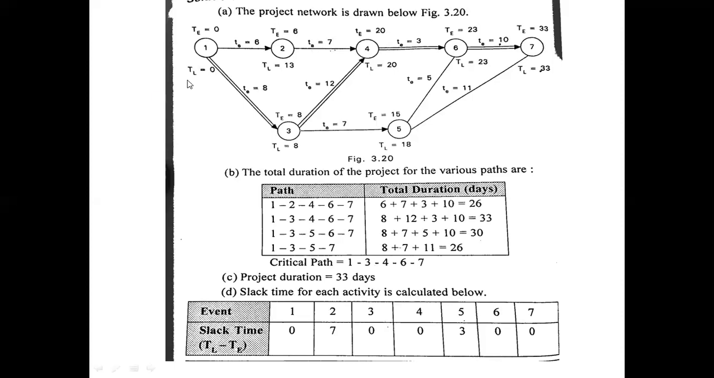And then we have to calculate the latest finish time. That is, we have to start from the last. Since the latest finish time of the last event is the same as the earliest finish time, that is 33. Starting from here, 33 minus 10 is 23 for the sixth. And for the fifth, 33 minus 11, it is